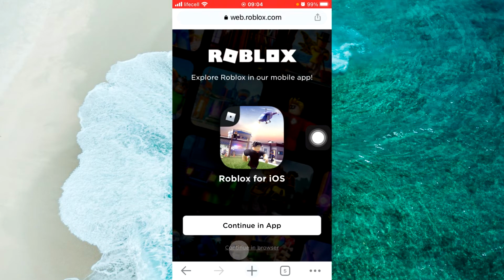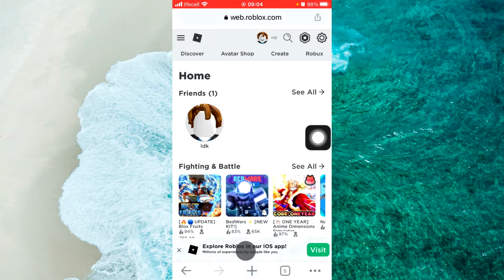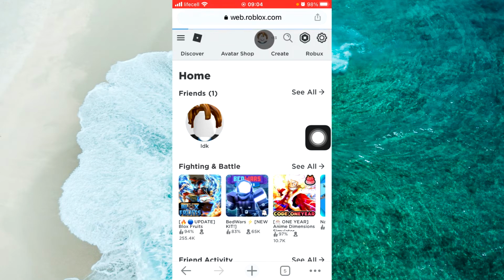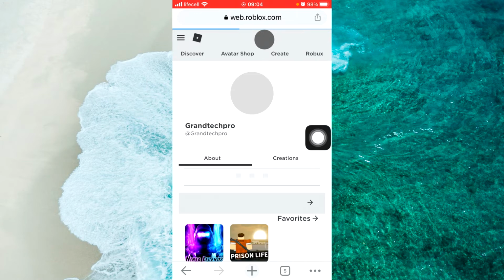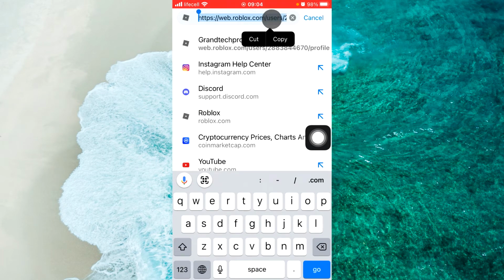Tap on continue in browser, and then log in to your Roblox account. Tap on your profile. Here, as you can see, is your profile icon. And then you should tap on the URL search bar, and here you will see after users you should see these